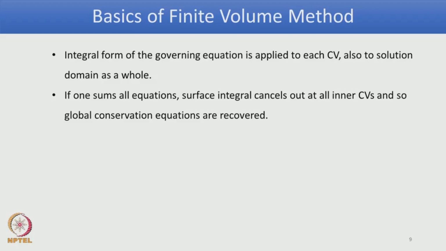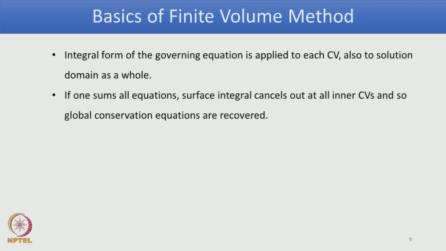Then if you sum all the equations, you have an equation for each control volume, and if you sum all of them together, then all the surface integrals evaluated at the control surfaces, for flux going in and for flux going out,